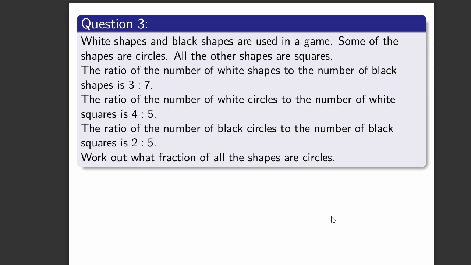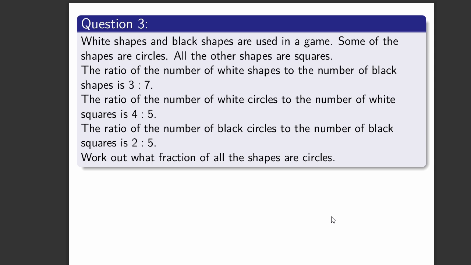This is also a problem coming from Edexcel board's GCSE exam. Alright, so let's read the problem and go to the solution. White shapes and black shapes are used in a game. Some of the shapes are circles and the remaining shapes are squares. So only two types of shapes. The ratio of the number of white shapes to the number of black shapes is 3 to 7. The ratio of the number of white circles to the number of white squares is 4 to 5. The ratio of the number of black circles to the number of black squares is 2 to 5. Work out what fraction of the